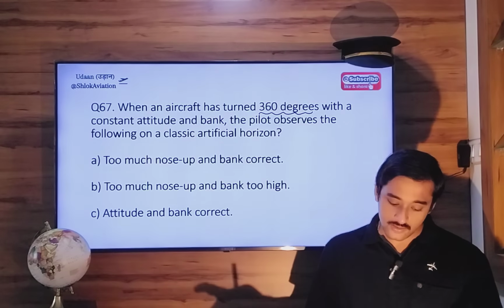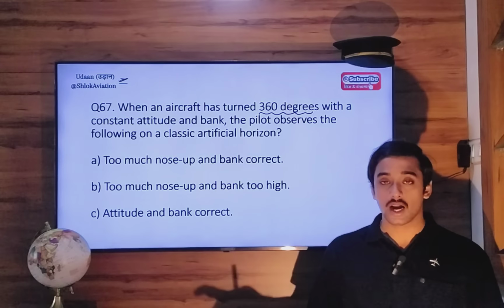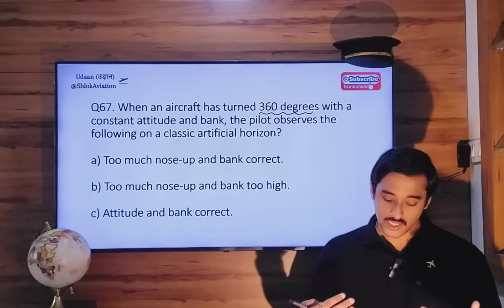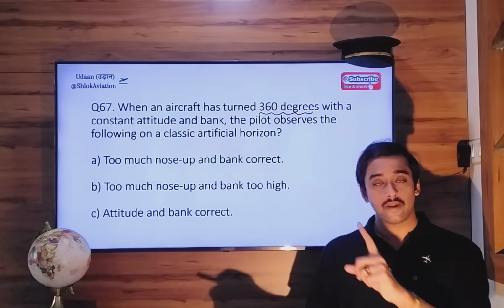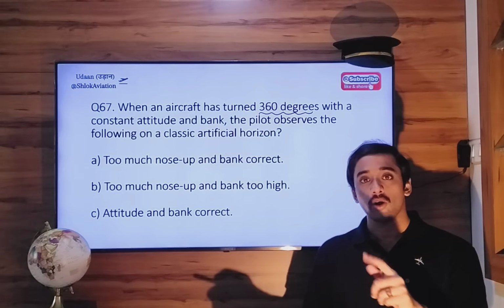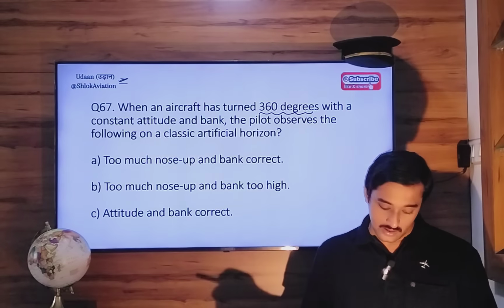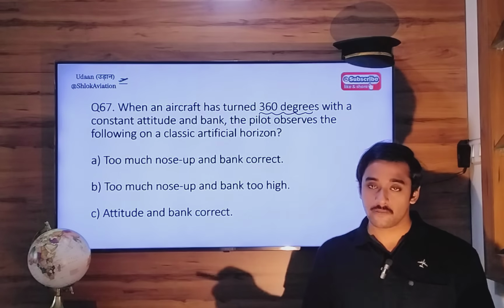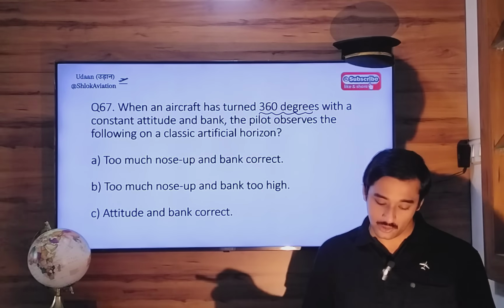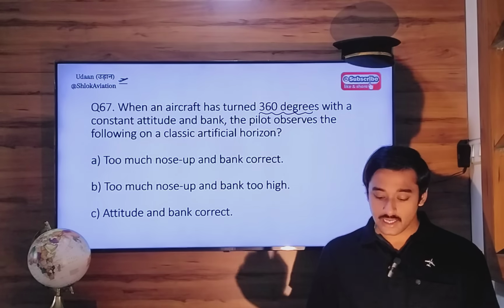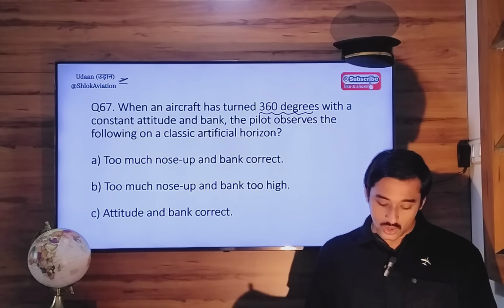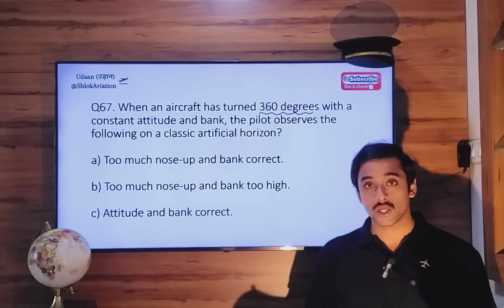The pilot observes the following on a classic artificial horizon. So what will the pilot observe? Too much nose up. So after making a full 360-degree turn, what will the artificial horizon indicate? Will it indicate too much nose up? Okay, so extra pitch up attitude more than required, but correct bank angle, too much nose up, and too high